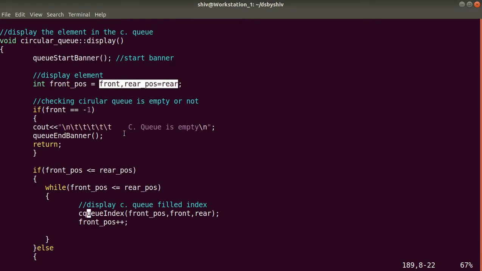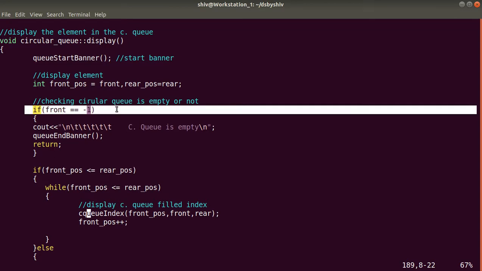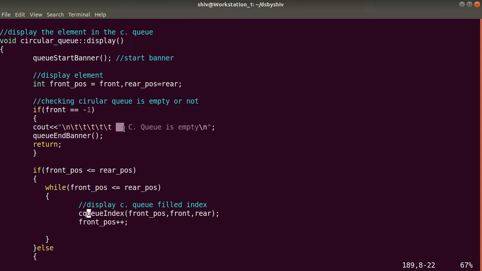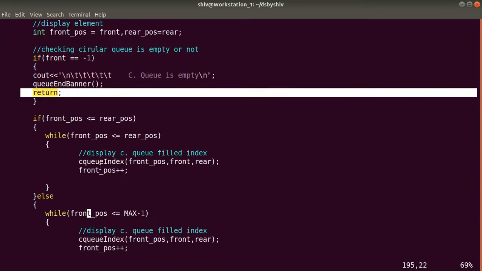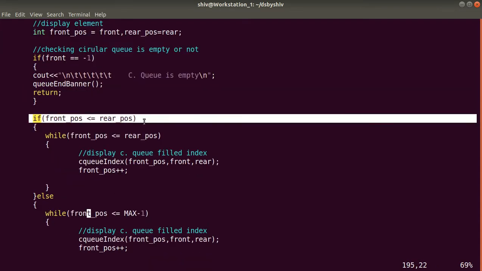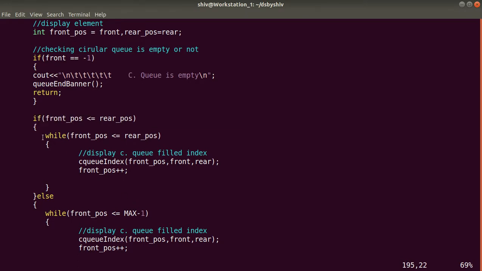So here we are checking, during the display, whether the queue is empty or not. If front is equal to -1, that means the circular queue is empty. So we will print the end banner. This is the start banner, this is the end banner, and we will return from here. We will not proceed further. Similarly, we check further: if front position is less than or equal to rear position, we proceed with a while loop.